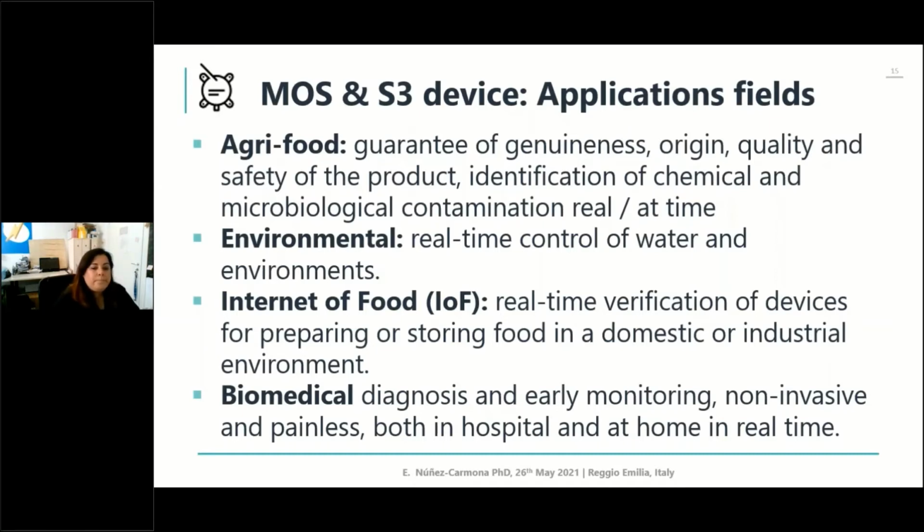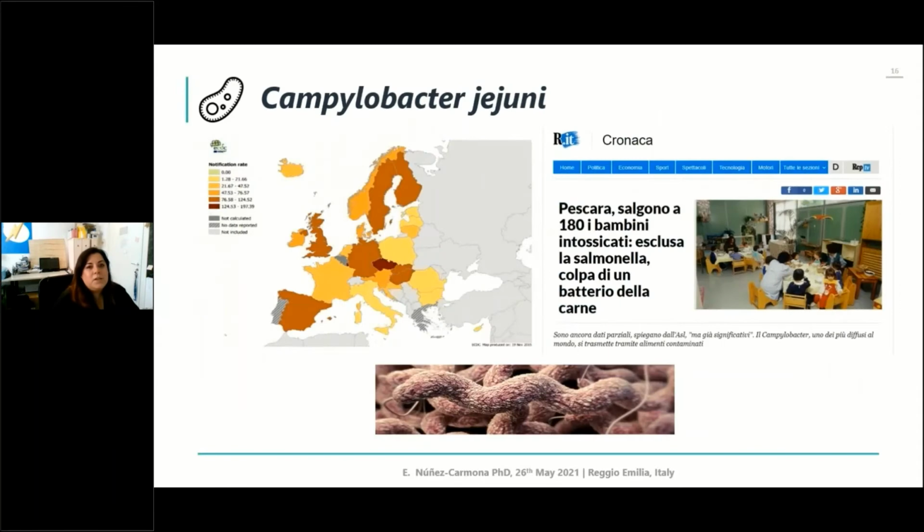Just to be more specific about one application, I'm quite sure that all of you remember these cases of Campylobacter jejuni that was affecting many kindergartens in the Pescara region, in which 180 kids were affected with this sickness. And we asked ourselves if our sensor would be able to detect the presence of this bacteria. So we put together an in vitro analysis in which we take lab conditions, just inoculating the agent Campylobacter to the normal media, and we checked how the volatilome, the volatile fingerprint of the sample